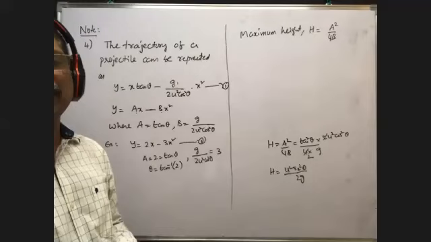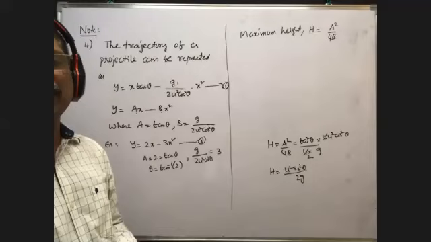Suppose one oblique projectile is thrown into space with a certain velocity at a certain angle of projection theta. Then it travels along a parabolic path like this. It is not a circular path, it is a parabolic path. At the point of projection O, the body is projected with a velocity u at an angle of projection theta. After some time t, when the oblique projectile reaches the point, say P, at this point its direction of velocity is along the tangential direction. No? Its direction of velocity is along the tangential direction.